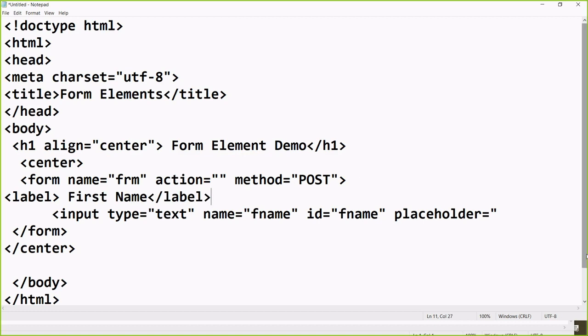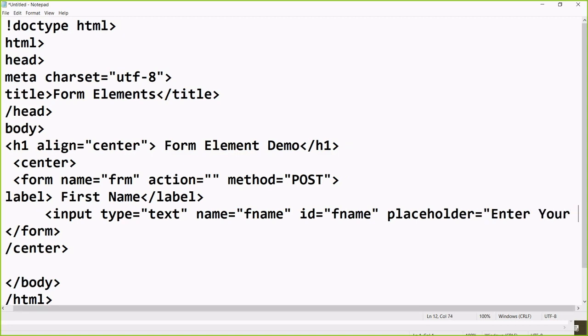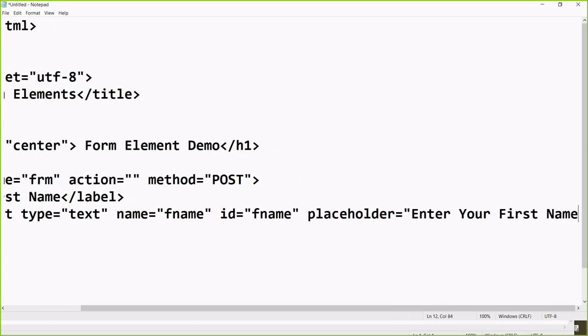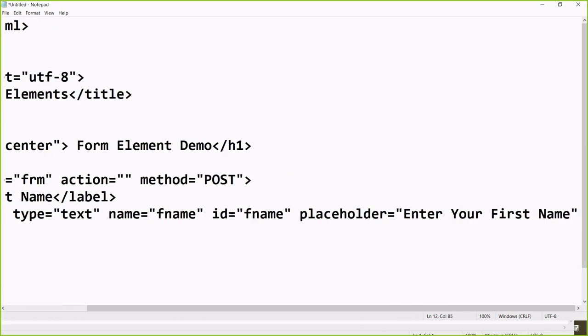But now in the latest one, in the placeholder itself you can write: enter your first name. See, in the input box itself this message will come, enter your first name. So you can save the space of the label.